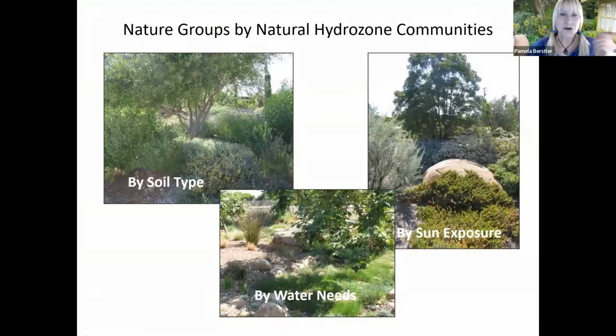So you will remember that we talked about hydrozones briefly, but hydrozones are a really important concept in landscape water requirement, because when we group our plants together for their water type, first of all, this is really the only way that we can create an irrigation system that's efficient, is by having the plants that have the same water requirements together. And it's also the way that we then develop the total landscape water requirement when we have plants that have different